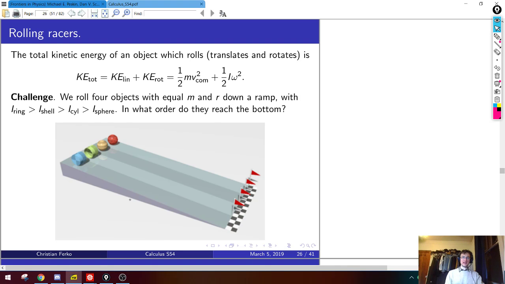Yeah, I love this. So I first saw this problem when I was in high school, and it's a very simple question, but for some reason I was just totally enamored by this setup. So let me just tell you what the setup is. We're going to have a race between a few different shapes. And by race, I mean we're going to start at the top of a ramp by putting each of these shapes in the same position. We're going to hold them all in place, and then we're going to let go at the same time and see which shape reaches the bottom first.